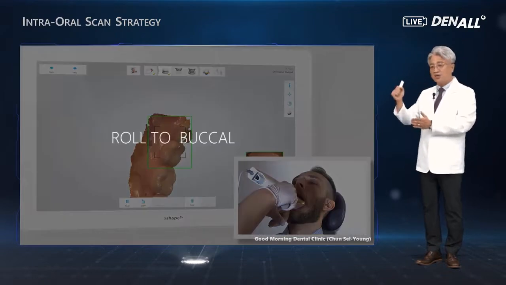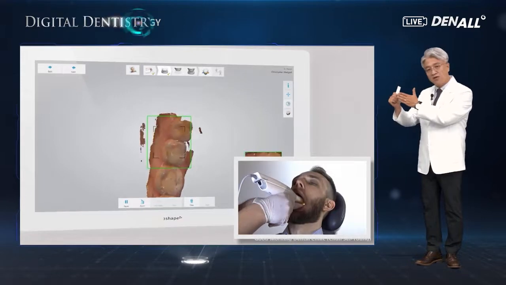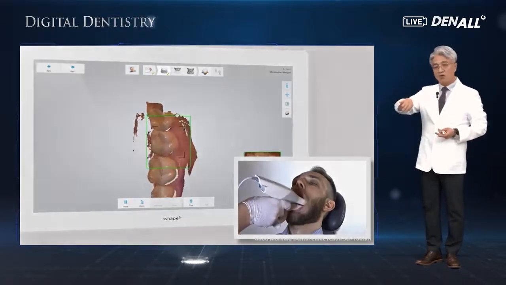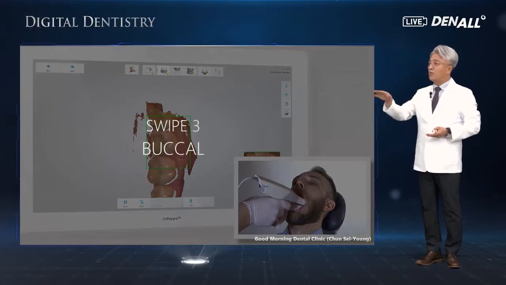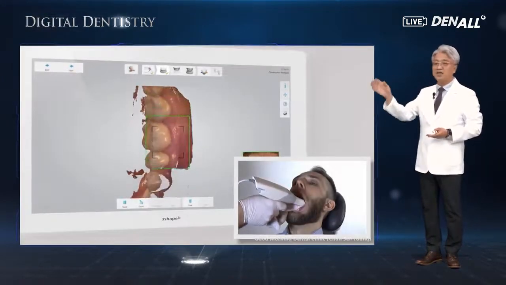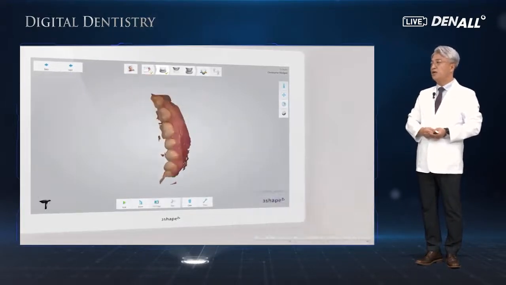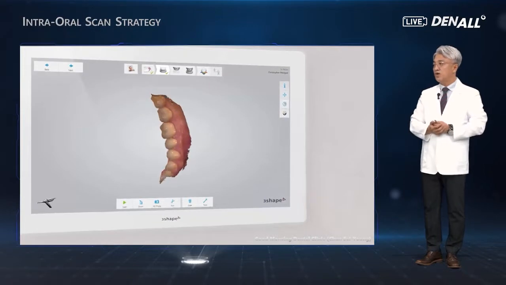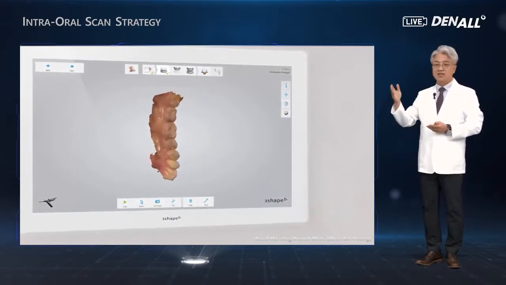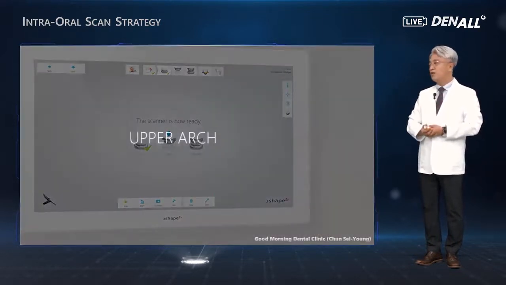For the lingual scanning, run the scanner in parallel, closer to the inside of the teeth. When you reach the most posterior region, move to the buccal side. Move slowly, even slower, in cornering, then you move in a straight line. On the buccal side, as you can see, scan thoroughly the margin between gingiva and teeth. Then you will get data